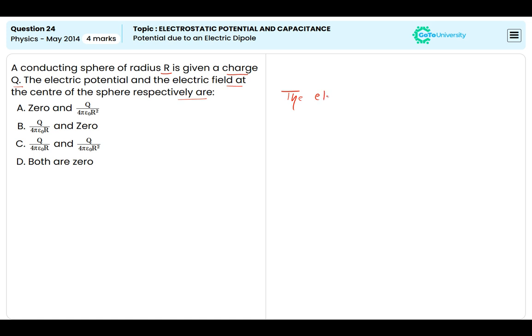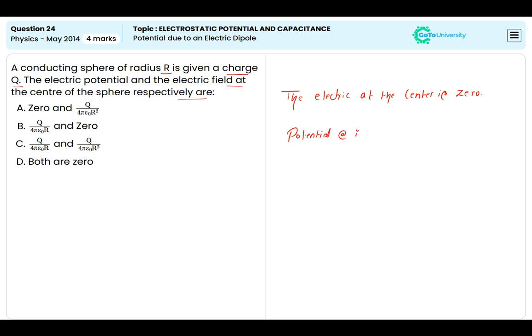The electric field at the center is 0. Then the potential at its center is given by